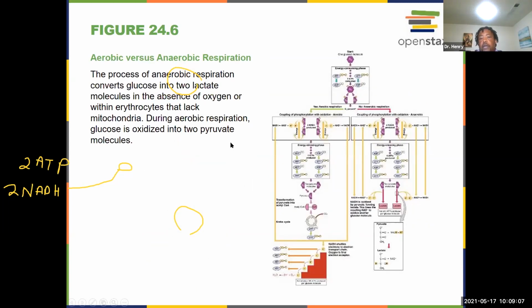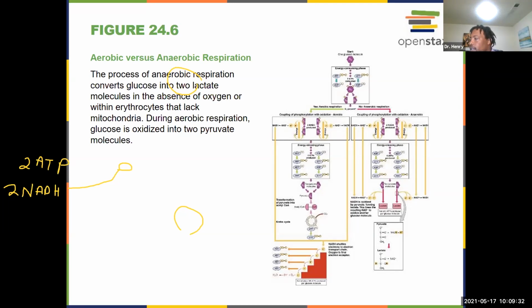Okay. Aerobic versus anaerobic. I should say, when I learned it, it was called the Krebs Cycle, and that's what they're using in your text. But currently they call it the TCA cycle. And that stands for